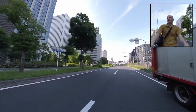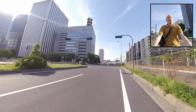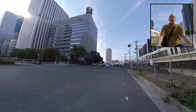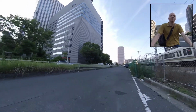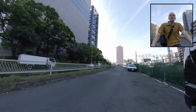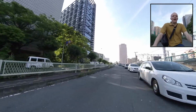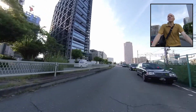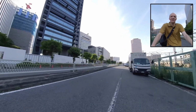These cars parked here, there's always cars. These are like delivery people, but well, here we go, down here. All of these cars, I bet, they're not just parked. I bet they're parked, but they're on, and people are in them. You see that all the time, especially in this area. People like sleeping in their cars, and the cars are always on. And I've never understood why. I've asked people, and they said they don't know either, but they said maybe it's taxi drivers. Taxi drivers who don't feel like driving, don't feel like working, so they come here and goof around,